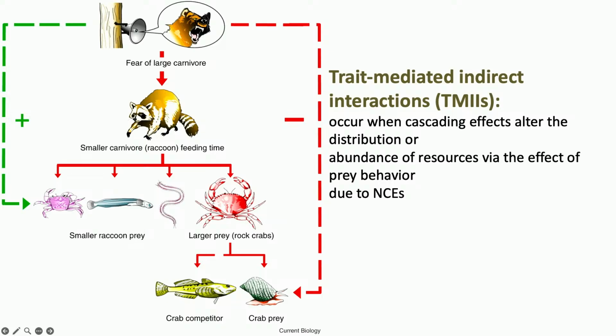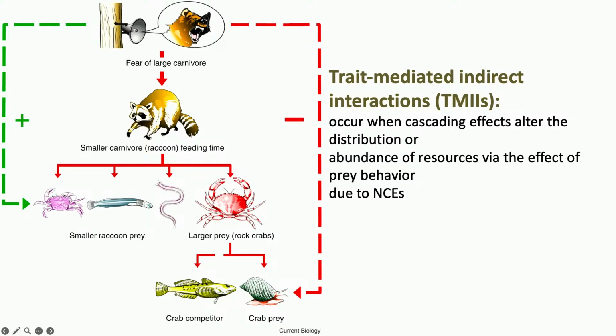And I love this example here. So this is an absolutely crazy study that was done in some Pacific Coast islands where they did audio playback of some large carnivores, and those sounds from the larger carnivores scared the smaller carnivores, in this case the raccoons, from foraging in the intertidal. And because the raccoons were spending less time foraging in the intertidal in these areas where the large carnivore sounds were being played back, the smaller invertebrates that the raccoons were preying on were released from predation from the raccoon and